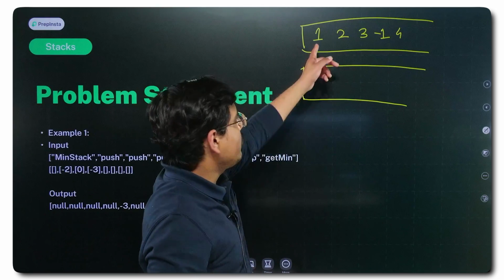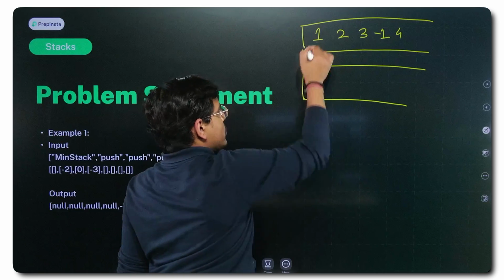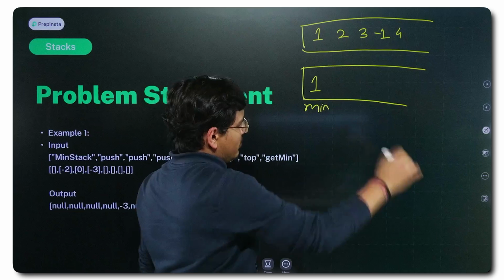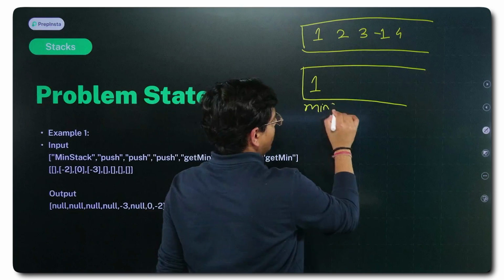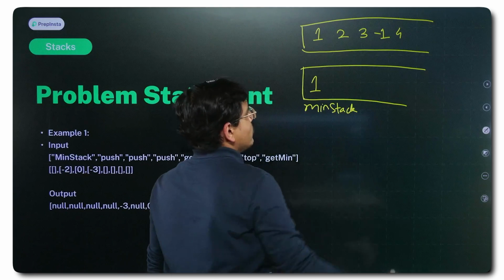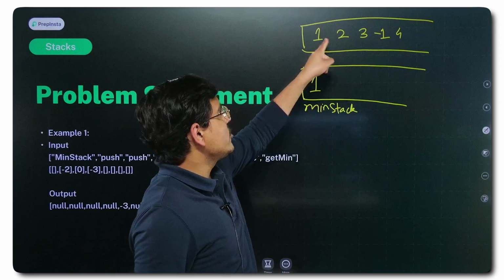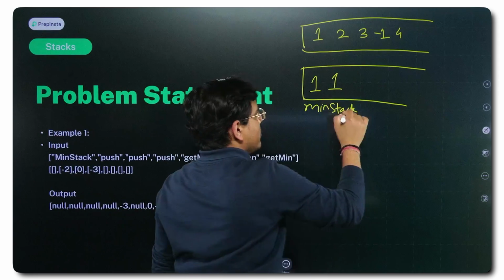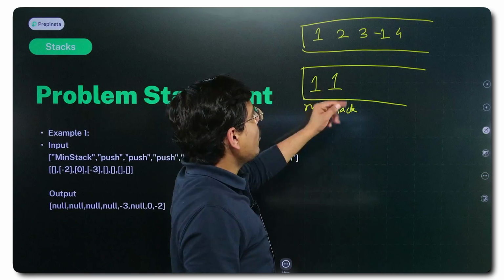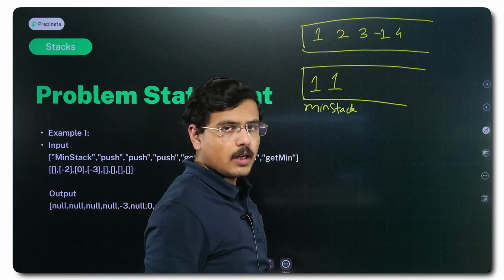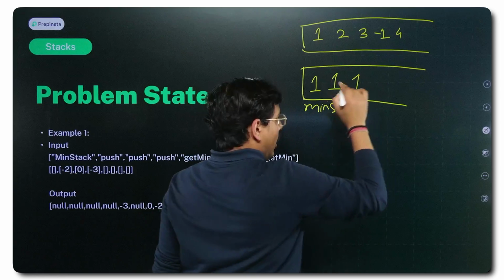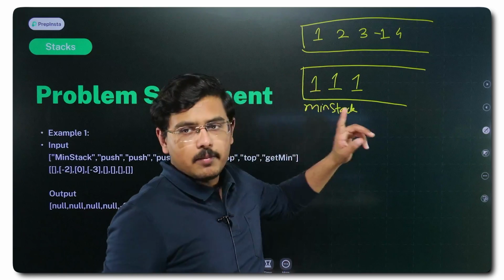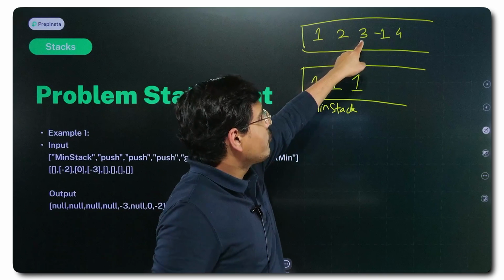Now when I pushed 1, I pushed the minimum element here, fine, this is my minimum stack, or I can call it min stack. Now when I push 2, I again checked which is the minimum element. For this 2, again 1 is the minimum element, so I again pushed 1. Now for 3, I checked which is the minimum element, again it was 1. Now all I need to do while retrieving the minimum element is, for the index that